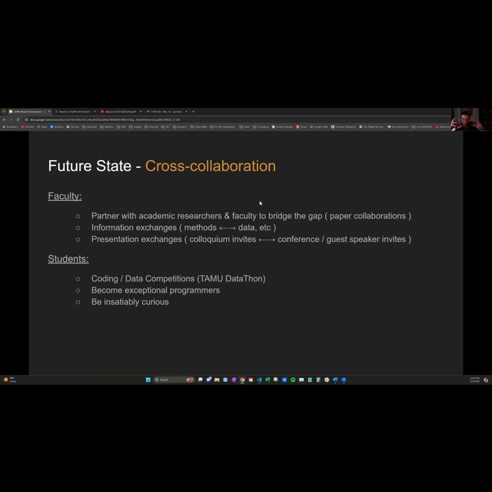Okay, how does this actually work from a computational standpoint? What is the time complexity of this algorithm? What is the space complexity of this algorithm? When it scales, we have to consider all these things, right? And then lastly, just be insatiably curious. I think the more curious you are about the world around you, the more it's going to motivate different directions that you can take on your research.